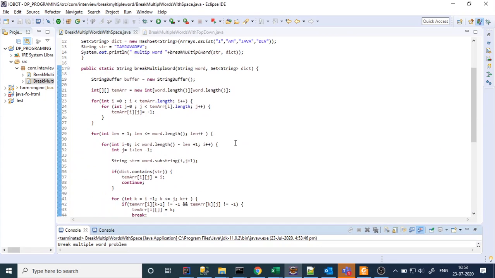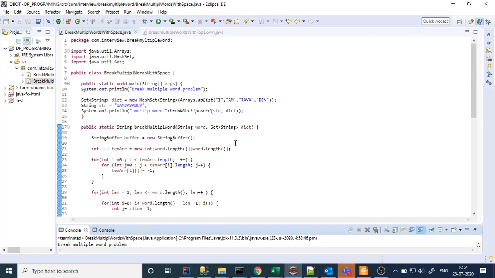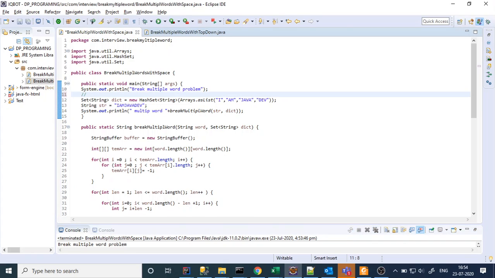Similarly, we will see it to break with a different argument as well, right? This is one of the arguments. Again, we will see whether our program is working or not working. Okay. This is DP programming in Java, right?